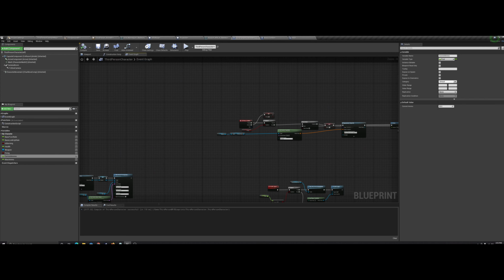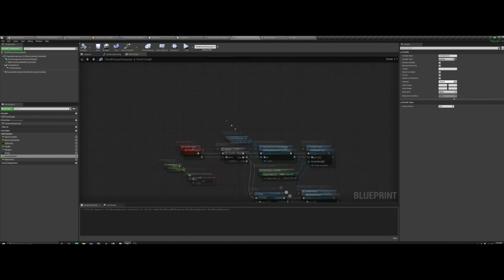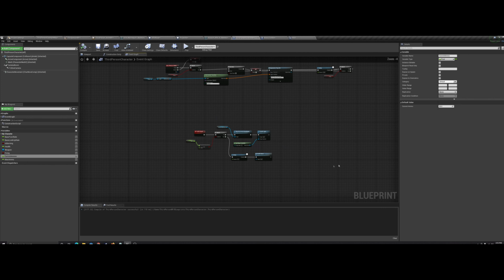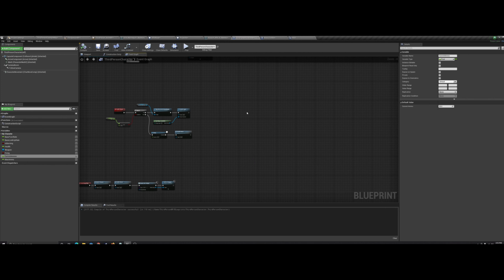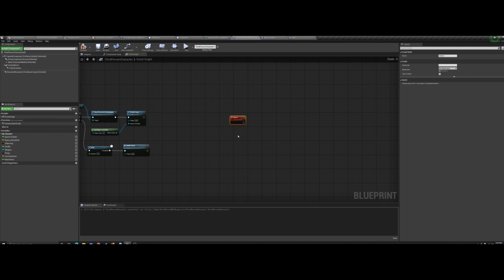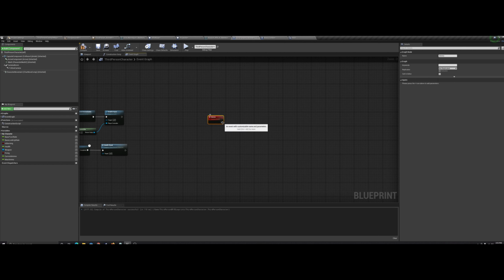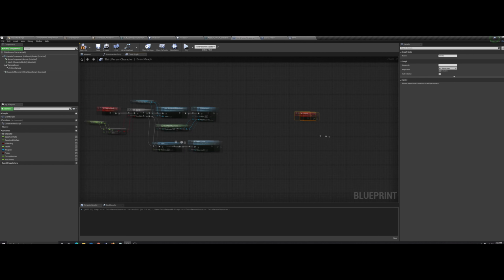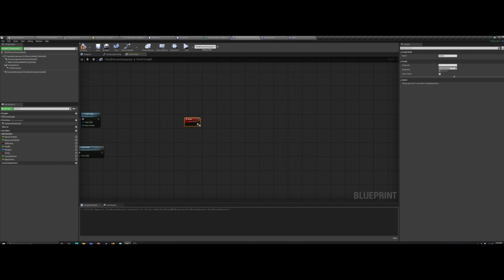Alright, so we're also going to want to keep track of ammo the same way that we keep track of health right here. A little repeating pattern. It always tracks the whatever. So we're going to add a custom event, and we're just going to call that ammo. And off of the ammo, we are going to get